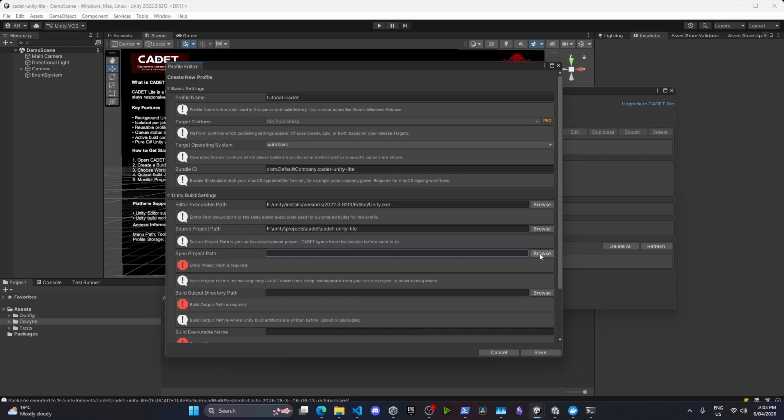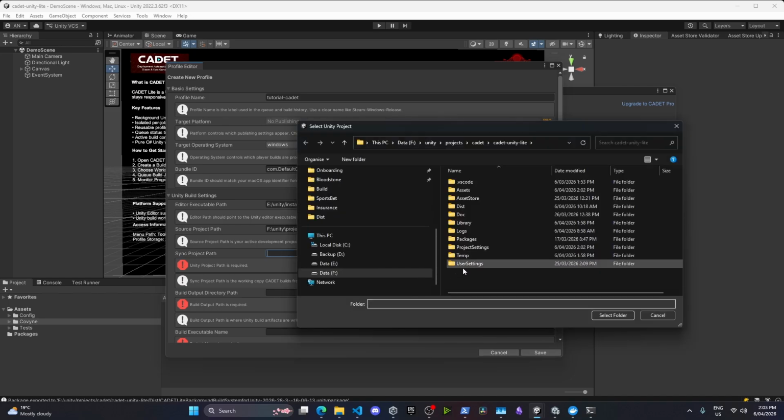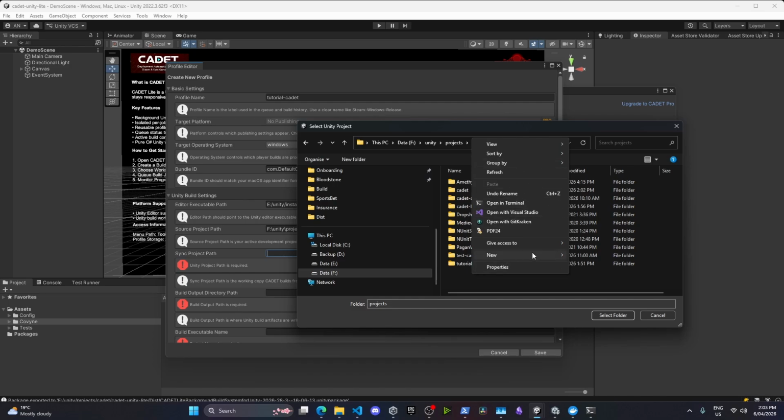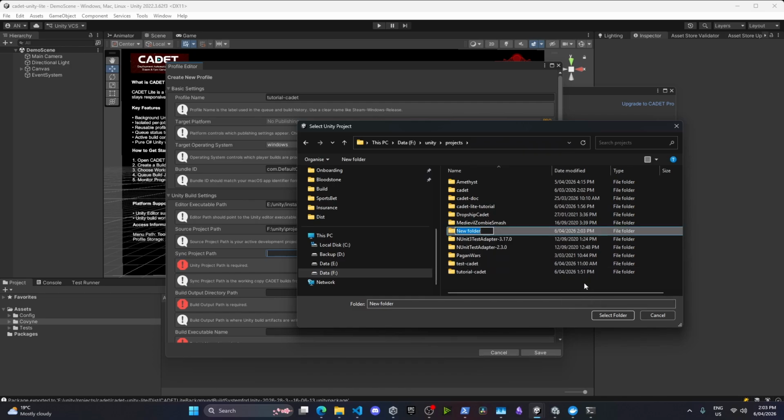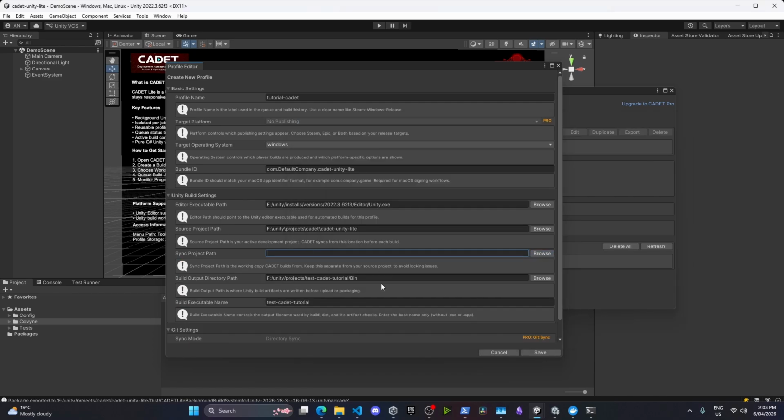background. So we hit the browse button and create ourselves a new place to house our synchronized copy of the project, and we want to call this test cadet tutorial. Select that folder,